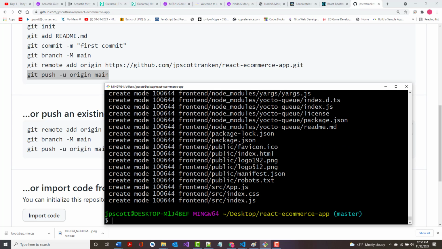And again, when I do this, it's git push space minus u space origin